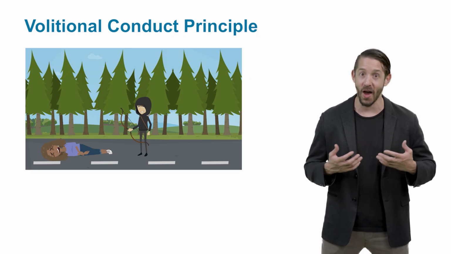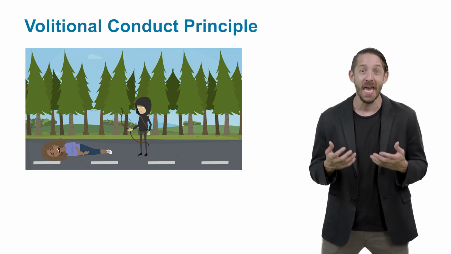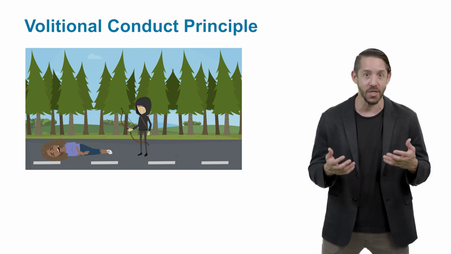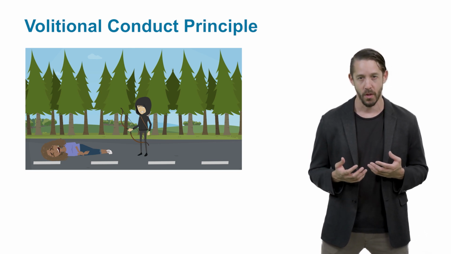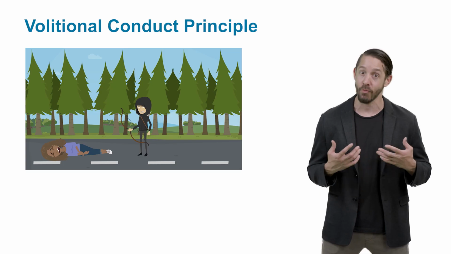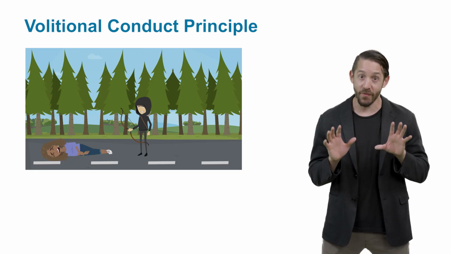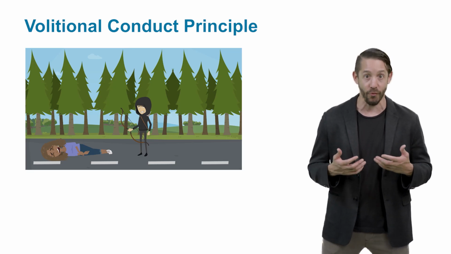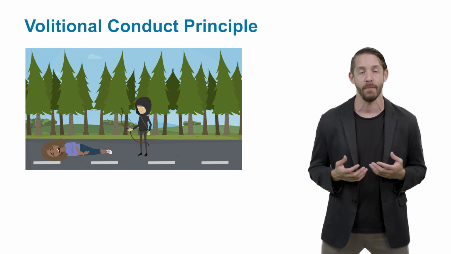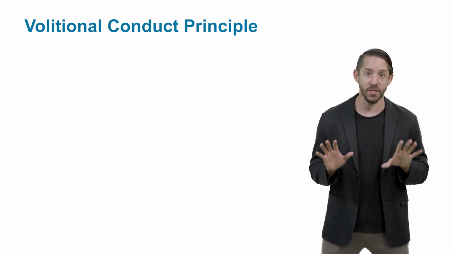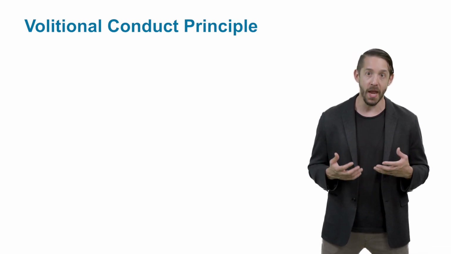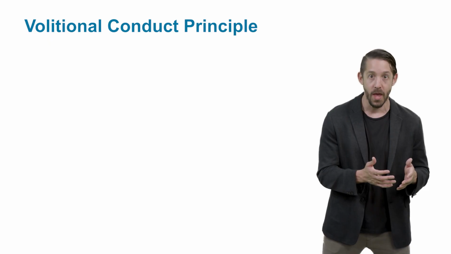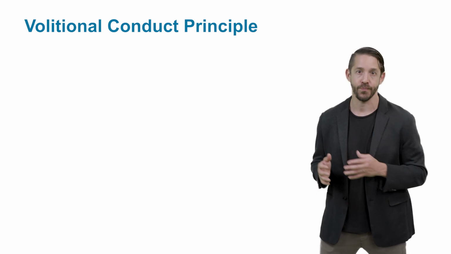That is, on the facts I provided you with, there's no reason for Dina to think hitting Vilma and then leaving her on the side of the road would make her more susceptible to the machinations of a murderous scavenger. But there's also another reason to break the chain of legal causation. Because Vilma's death is too dependent on the influence of the murderous scavenger's free and deliberate informed decision to murder Vilma. So then, under these circumstances, there are two independent bases to break the chain of legal causation: the absence of reasonable foreseeability and the presence of volitional conduct.